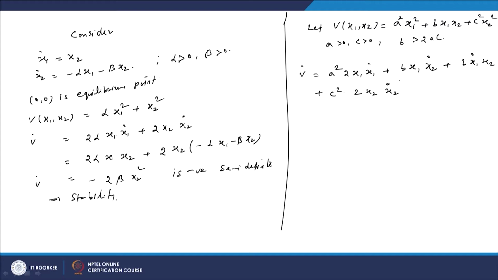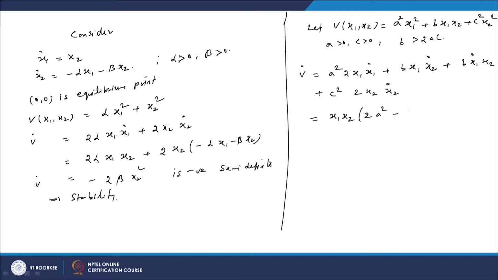Now, if you substitute the values of x1 dot, x2 dot from the given equation, we will get the expression to be like this. If you collect the coefficient of x1 x2, we will get 2